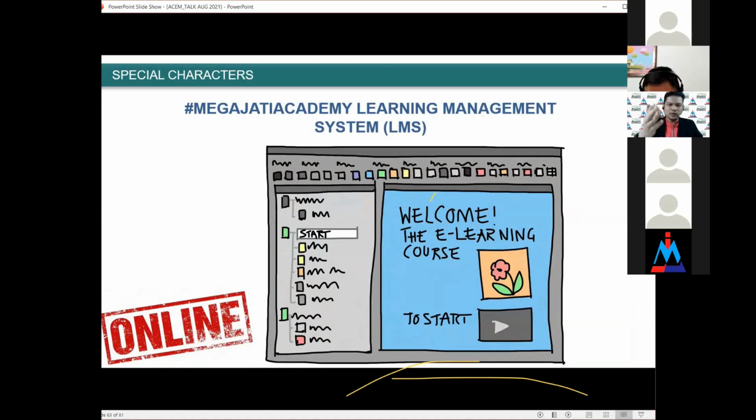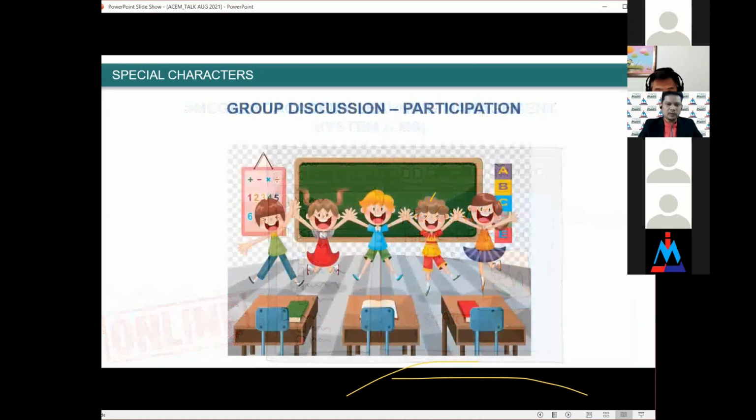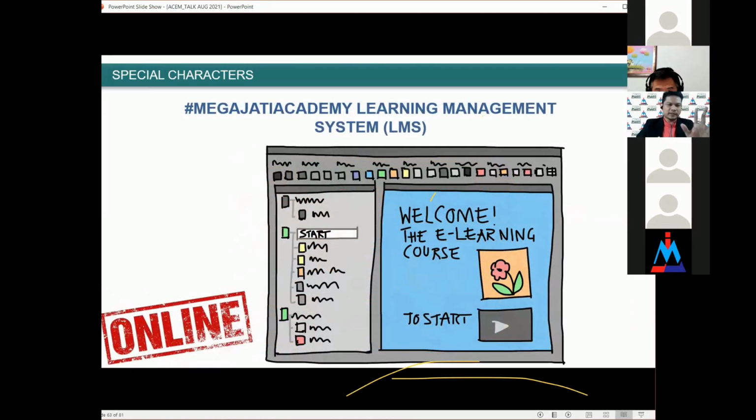Okay, what next? LMS, learning management system. This is how it looks in the cartoon view, but I will show you the actual one. When we say online, there is the criteria. We don't want to force you on the attendance. We don't want to force you on the quizzes, and in fact on the assessment as a mock-up. But it's your responsibility to answer the question when the assessment day comes. You need to answer for the CIDB. If you don't do that assessment, as long as you can answer that, no problem. But we try to provide the system where you will get familiarized with the assessment system conducted by CIDB.